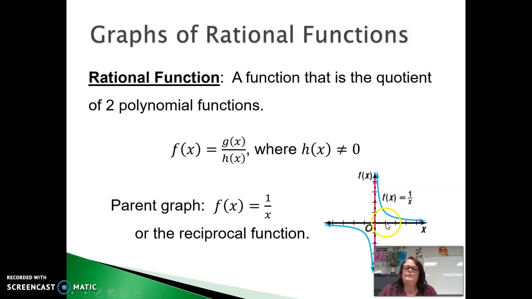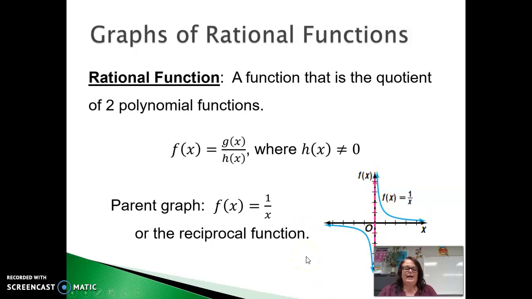Okay, so if I go to the right one step, the reciprocal of 1 is 1. If from 0, 0, I go to the right 2 steps, the reciprocal of 2 is 1/2. The reciprocal of 3 is 1/3. Going the other way, to the left one represents -1, and the reciprocal of -1 is -1. To the left 2, the reciprocal of -2 is -1/2, and the reciprocal of -3 is -1/3. If I only go to the right a half a step, notice the reciprocal of 1/2 is 2, and I have a point there. Also notice that these never seem to be touching the x or y axes, and that's